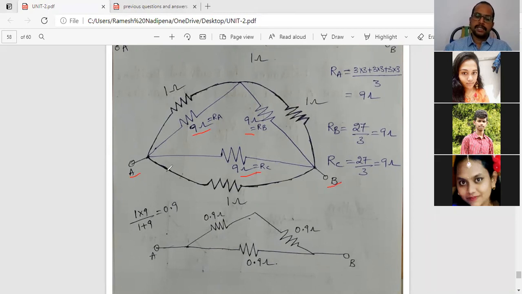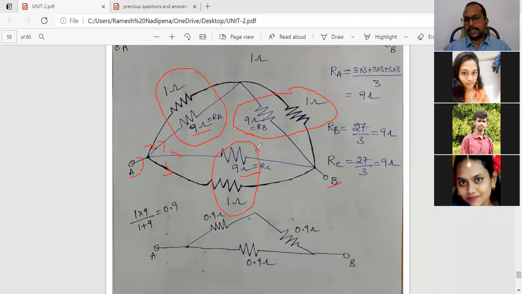For that, again the same thing here. Let us assume some current flow. The current is divided into parts, that is 4 parallel paths. When current is divided into 2 or more parallel paths, the circuit is said to be parallel. That means here now 1 parallel 9 ohm. Here also 1 parallel 9 ohm. Here also 1 parallel 9 ohm. That is the next step.